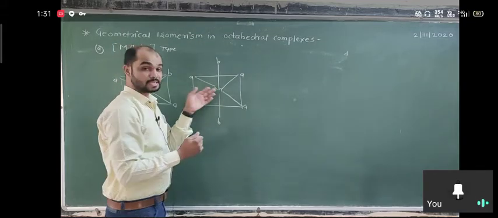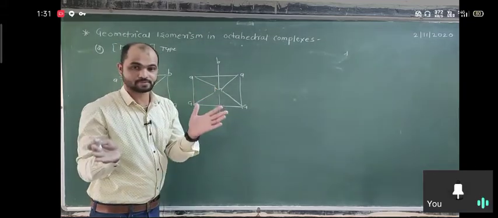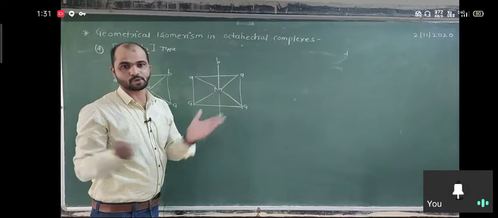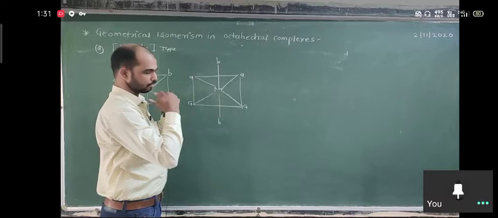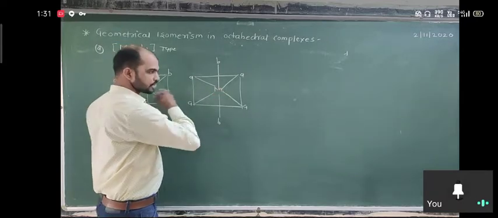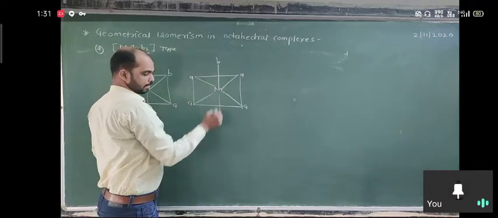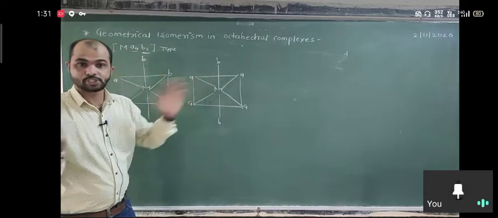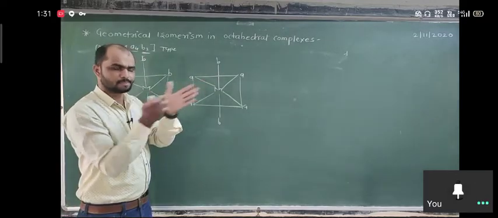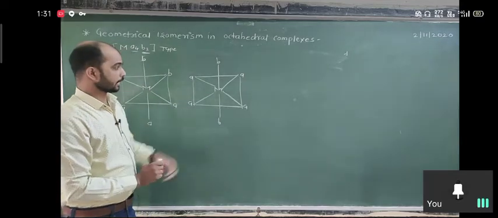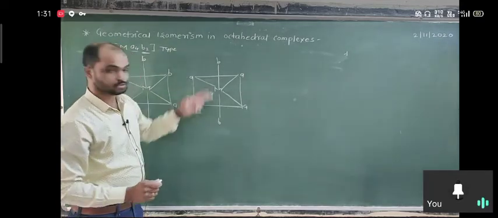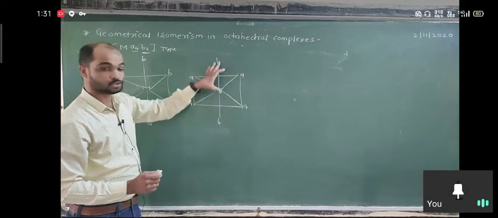That means we bisect the molecule into 2 equal halves. It is a symmetry operation. Symmetry exists. That means the molecule is cut equally in half through this plane. That means this B and this B are opposite to each other, and the ligands are halfly cut when we do the operation. So at that time we say they are trans to each other. These two positions are trans to each other.